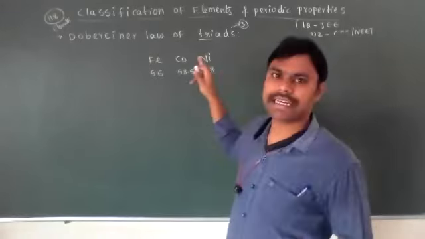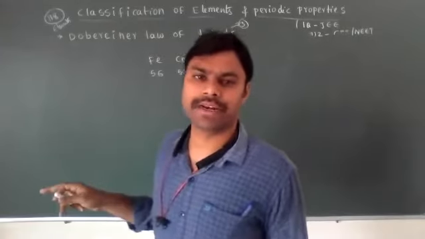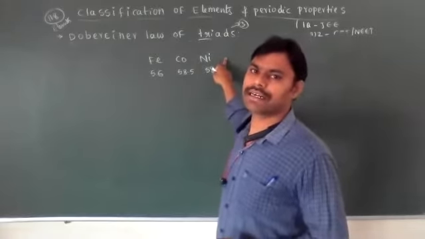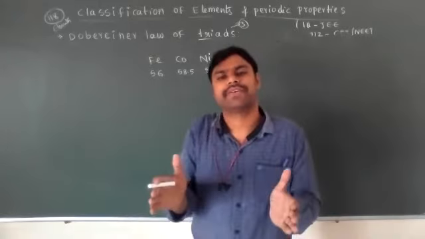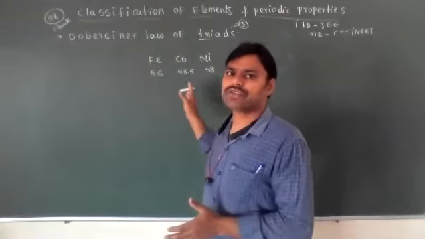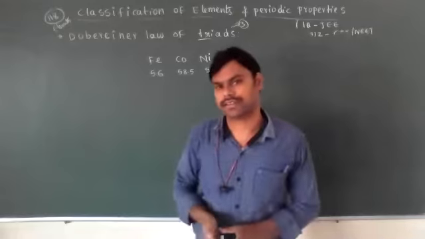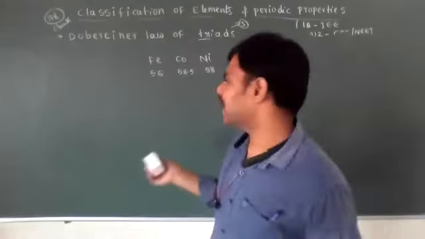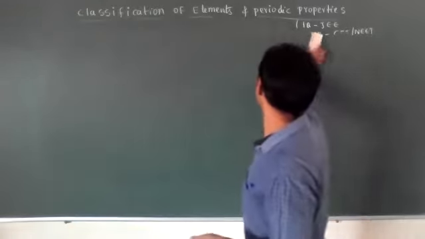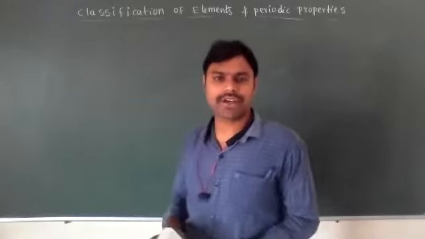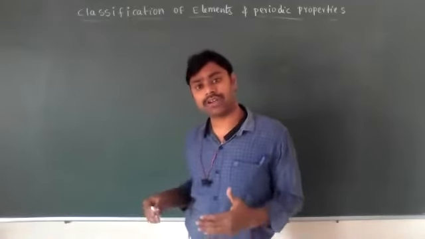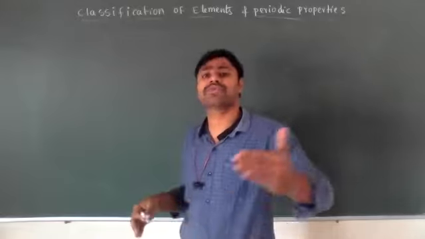So iron, cobalt, nickel are called Mendeleev triads, because Mendeleev placed iron, cobalt and nickel in one group only. That's why the Dobereiner triad system is not that popular. It is just a basic first idea for the classification of elements based on atomic weights. Other classifications were also all done based on atomic weights only, before the Moseley concept.